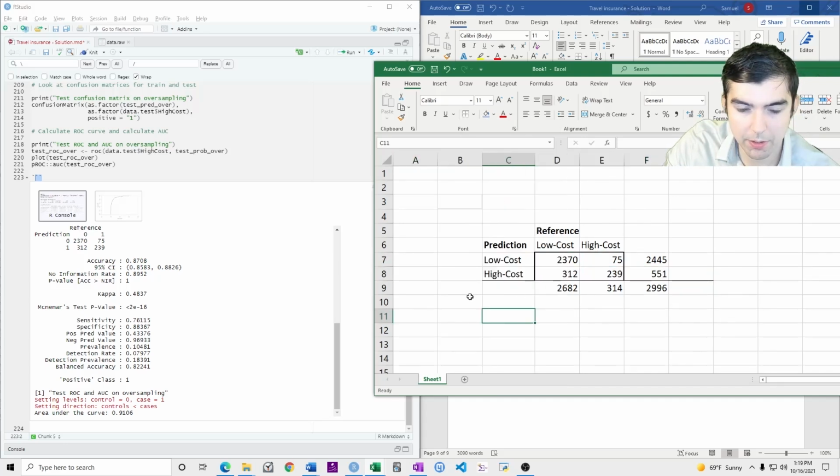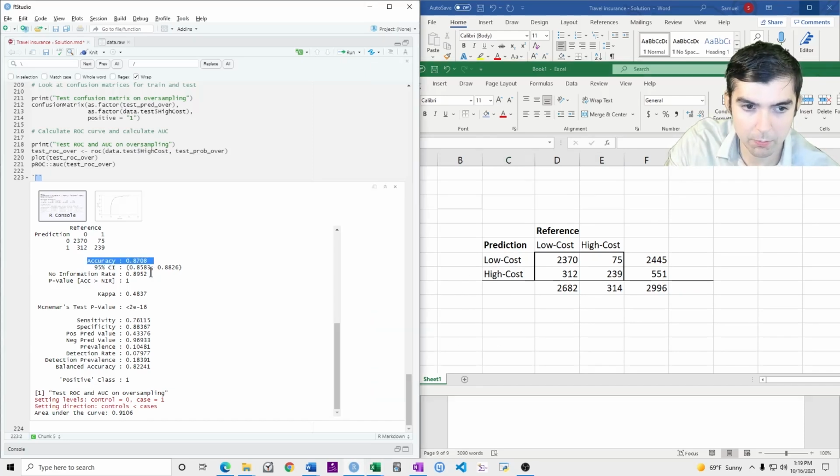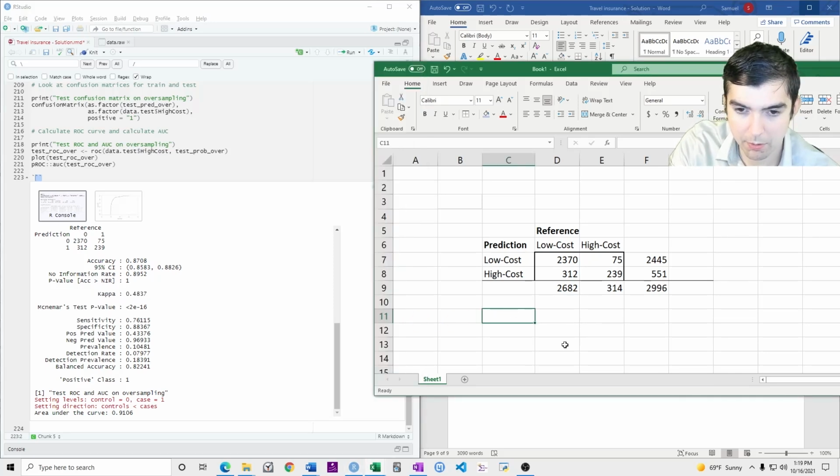The metrics that we care about are not accuracy. We don't prioritize that, remember. You could show kappa, but that's not very popular on PA. Neither are these. So just look at sensitivity, except we're explaining this to a non-technical person. So sensitivity is the percent high cost trips predicted to be high cost.